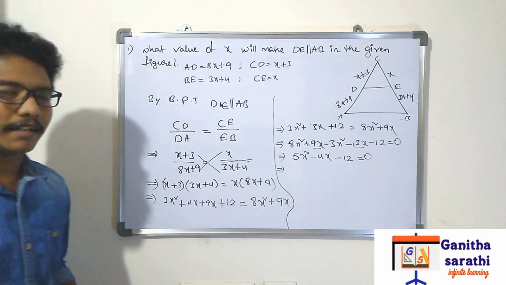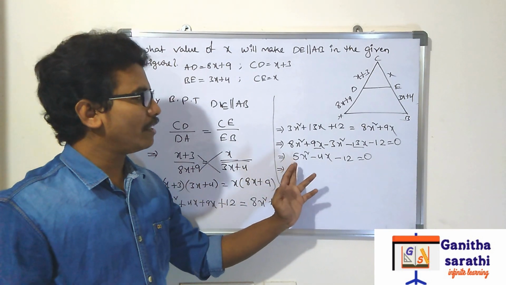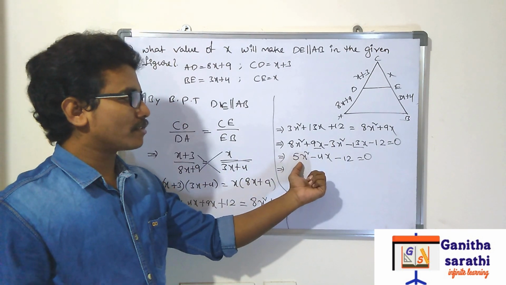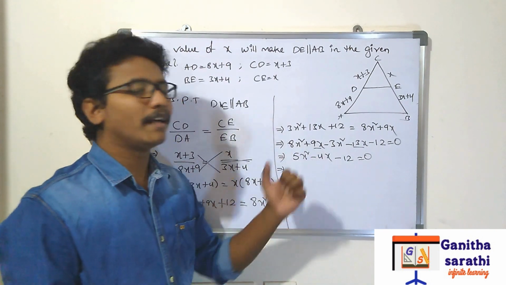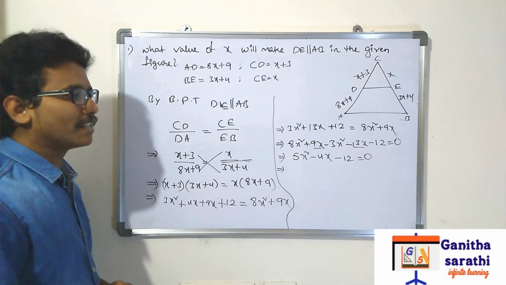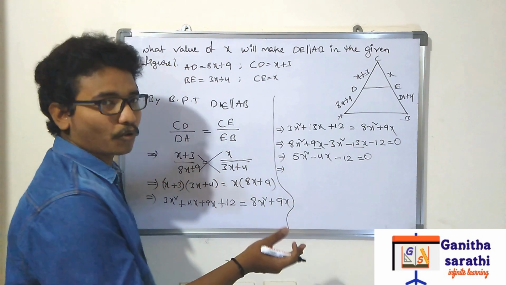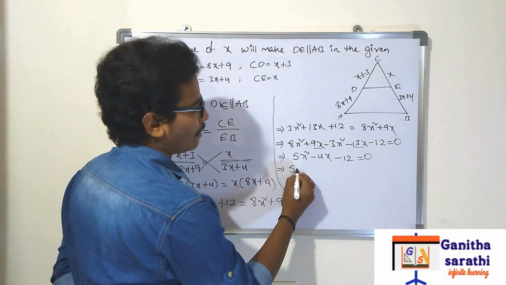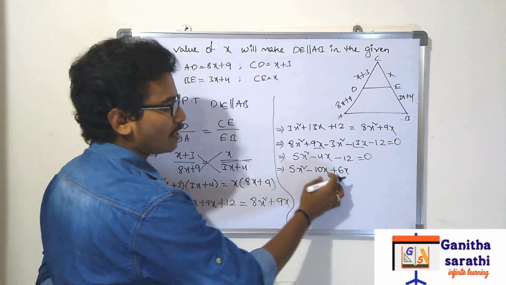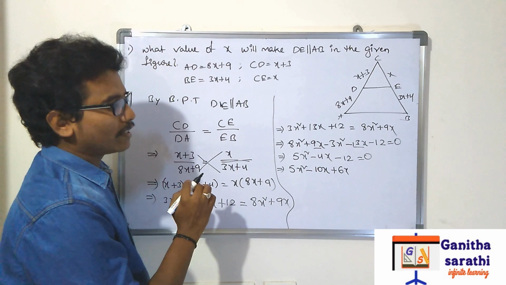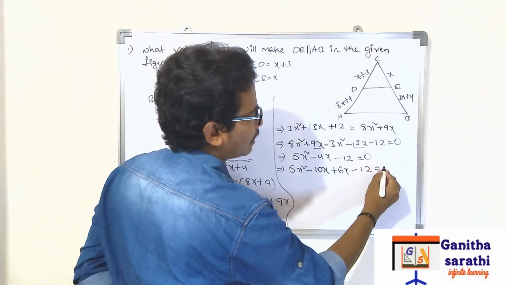So what should you do? You should do the factorization. How will you do the factorization? We all know very well how to do the factorization. First multiply the coefficient of x square with the constant term. Okay. 5 12s are how much? 60. So in the middle also you should get what? 60. What can you take in order to get 60? 10 6s are 60. 10 minus 6 will be 4. Okay. That is the process of factorizing, right? So 5x square minus 10x plus 6x. 10 6s are 60. Minus 10 plus 6 will give you minus 4. According to the symbol, you have to change the symbols here. Okay. Now minus 12 is equal to 0.